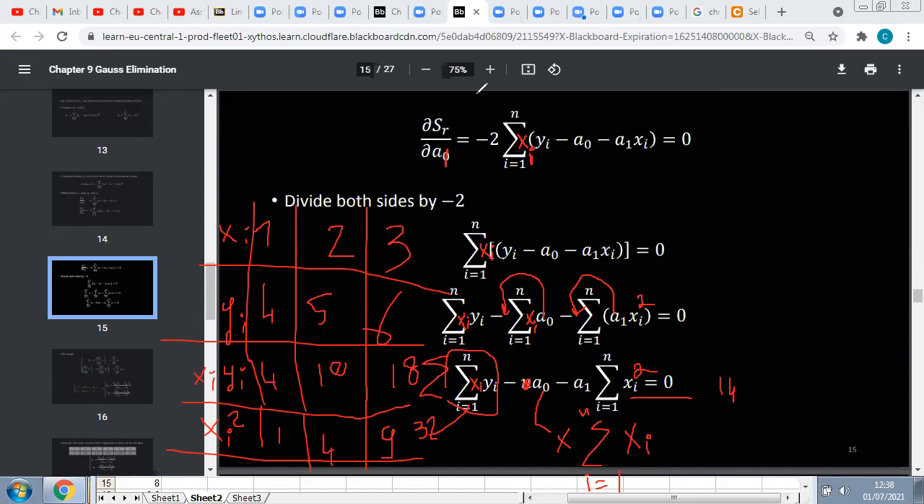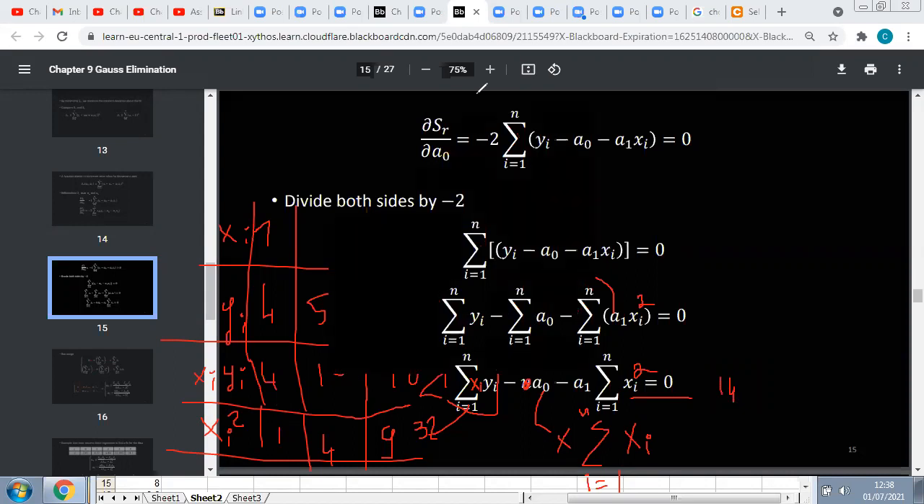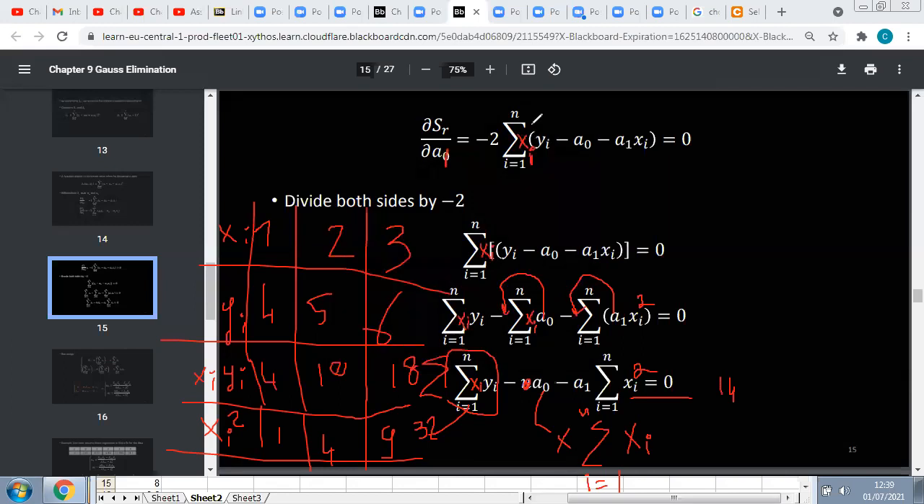Okay, let me check your questions. Yes, Hassan, the values of sx and sy are known in the table. Okay. Yes, doctor. Okay, so this is how we got two equations with